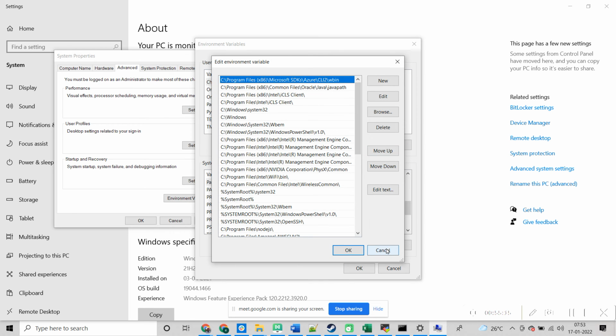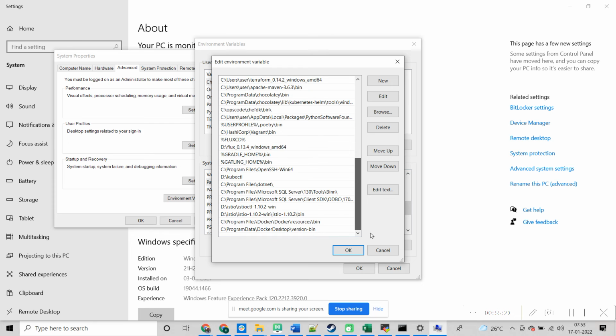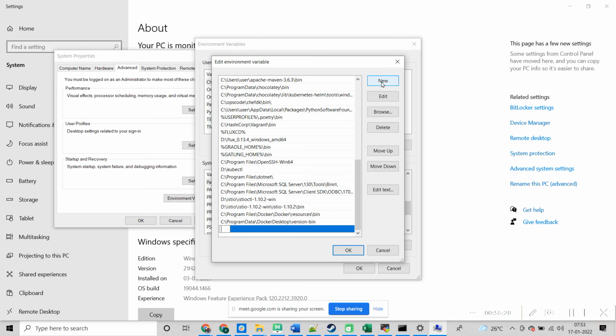Are you able to see my screen? I'm showing the steps. Click on the Path. Okay, so just click on the last step and then enter New. Last step means the last entry, the C program. Yeah, so enter New, and you'll get this thing, right?